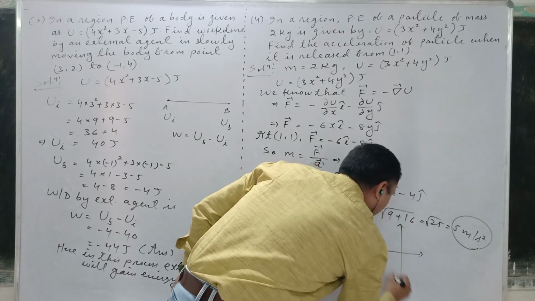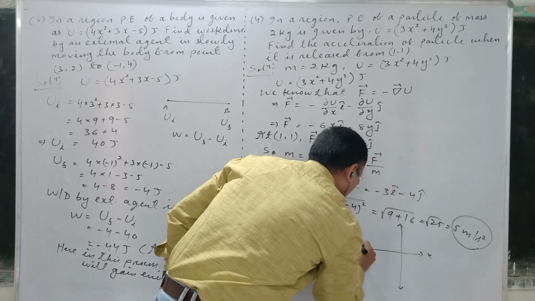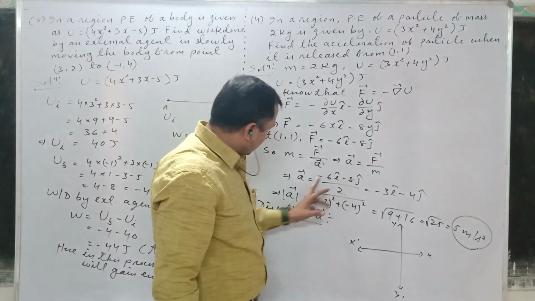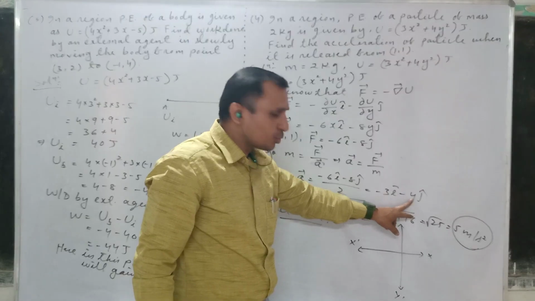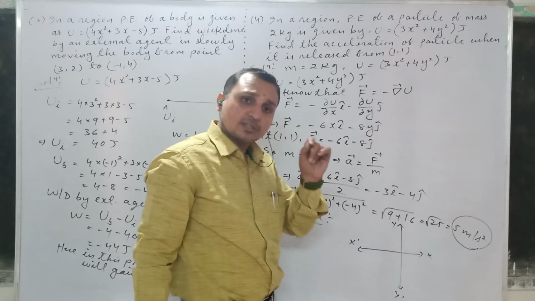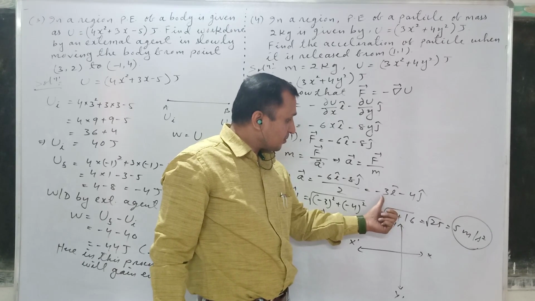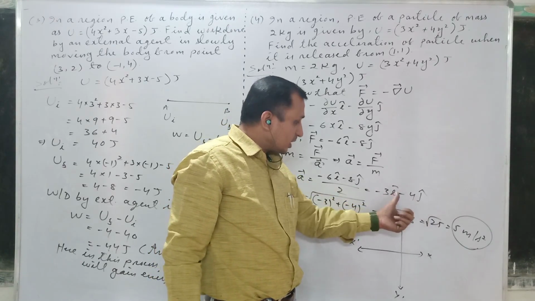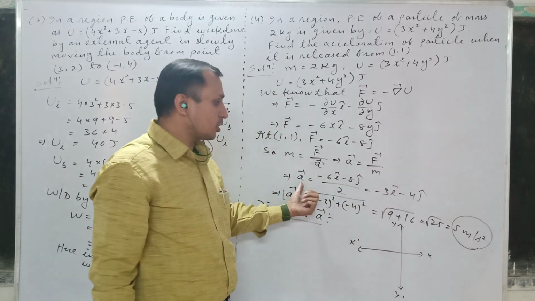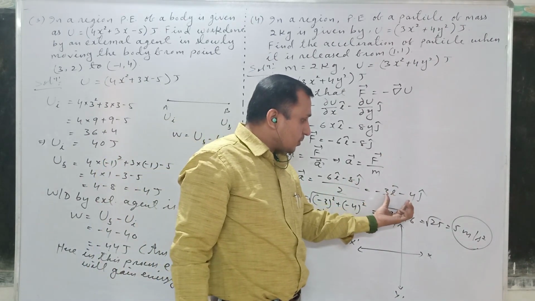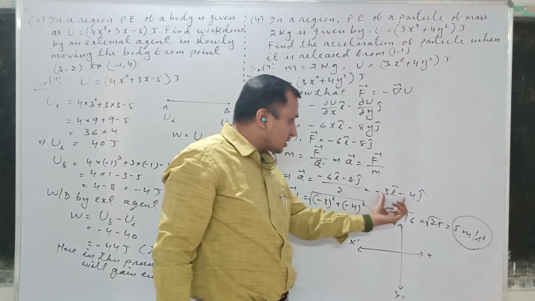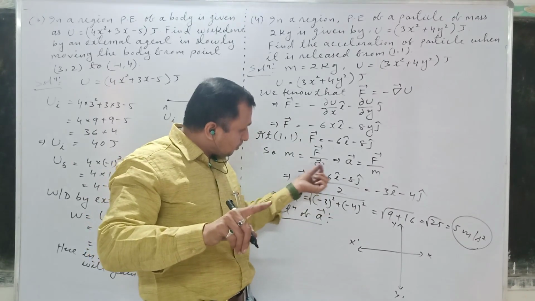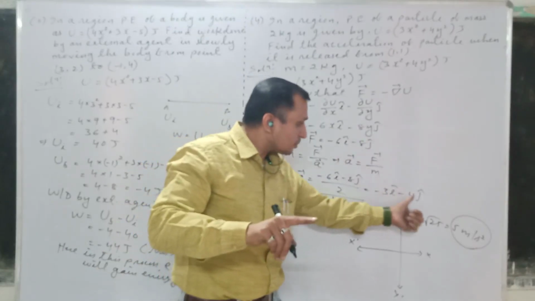This is suppose the x-axis, and this one is suppose the y-axis I am taking, and acceleration we are getting -3 i cap - 4 j cap. It means we know that in scalar and vector we have already studied this. If any vector is given in terms of i cap and j cap, then that is the position vector of that point, of that vector. So if it is the acceleration, here it is given -3 i cap - 4 j cap, it means we can say that this is the position vector of (-3, -4).